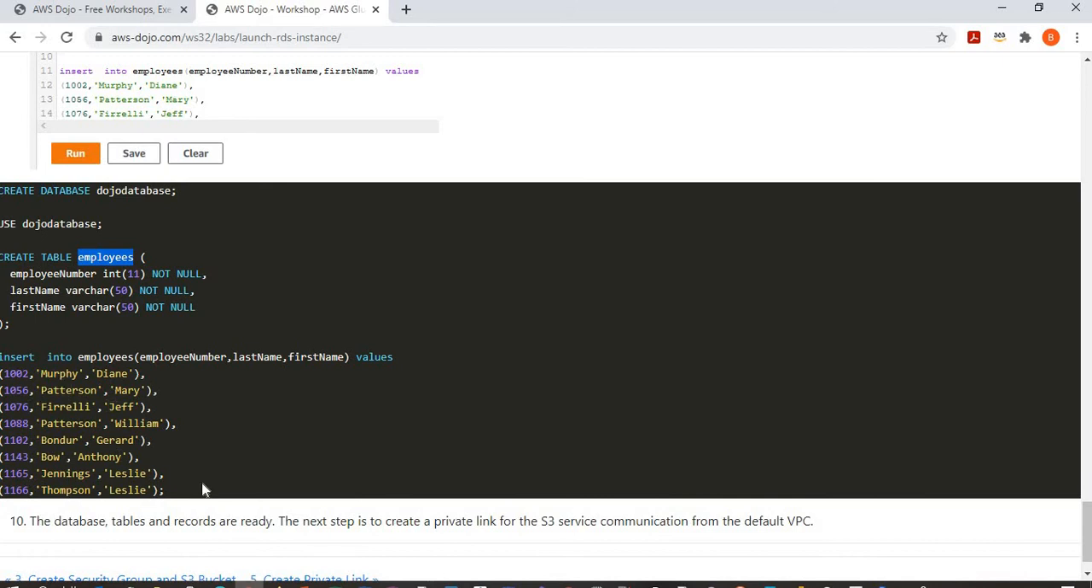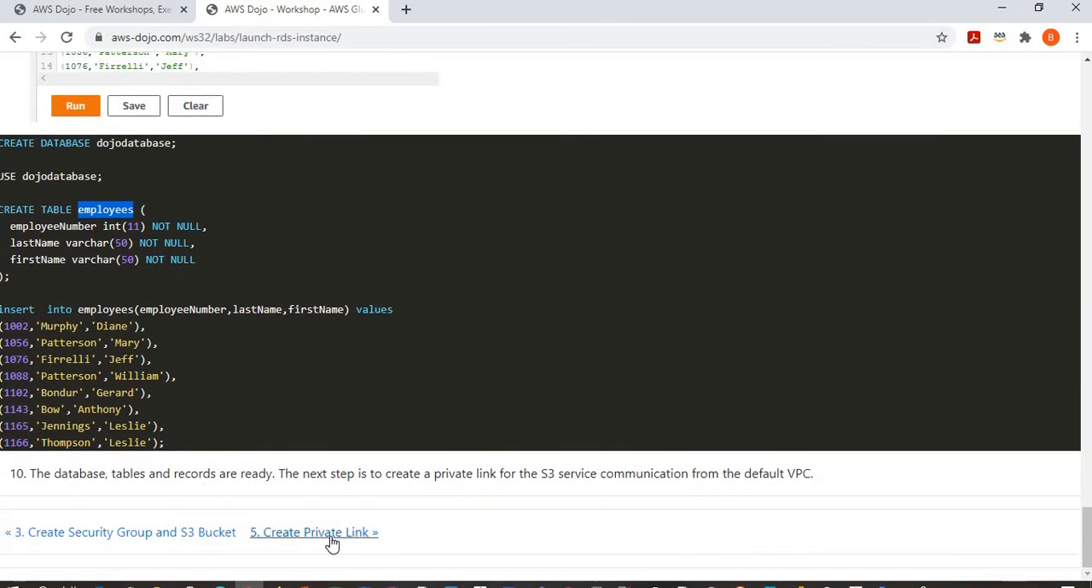And this employees table in the Dojo database, we are going to use as the source data, which we will use with DataBrew and later create a DataBrew job to perform automated ETL with transformation. So having done that, one of the other steps is to create